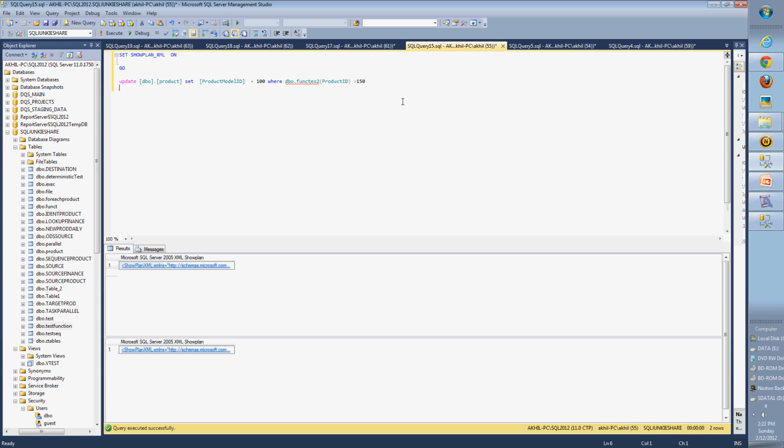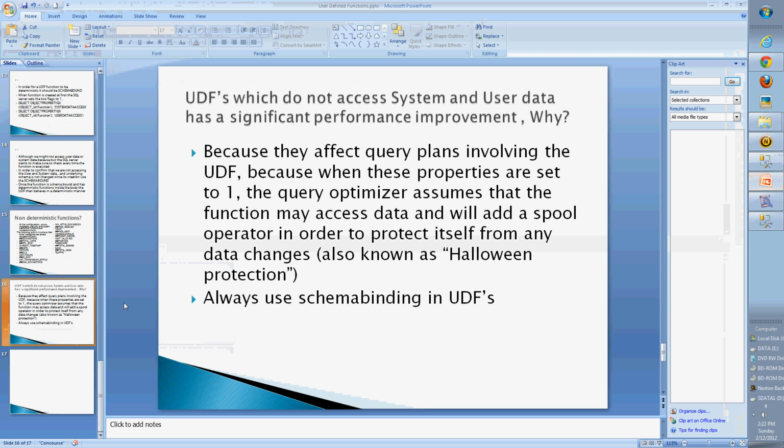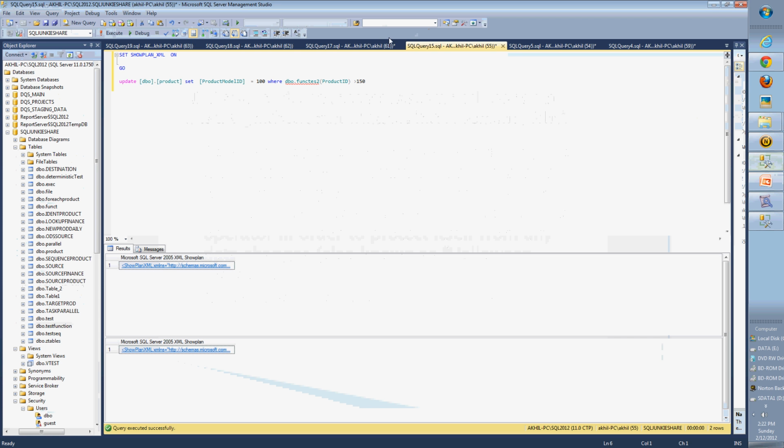What I want to demo is how a UDF which does not access system or user data has significant performance improvement. What I want to show is that depending upon whether the UDF is executed in a deterministic or non-deterministic way, or the way it accesses user or system data, the execution plan changes and the performance is affected. In order to prove that, I will go to this simple